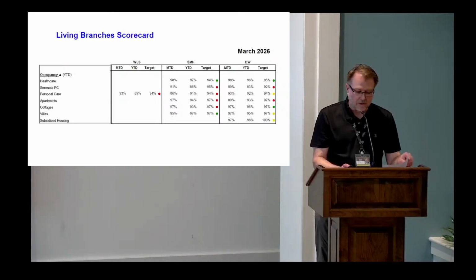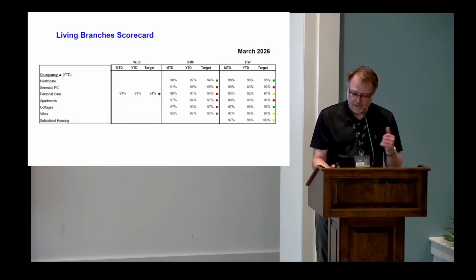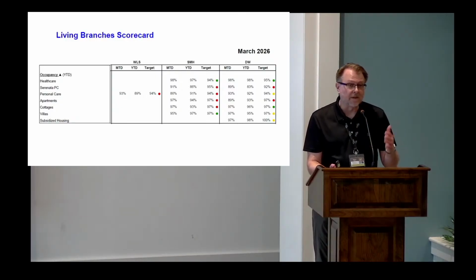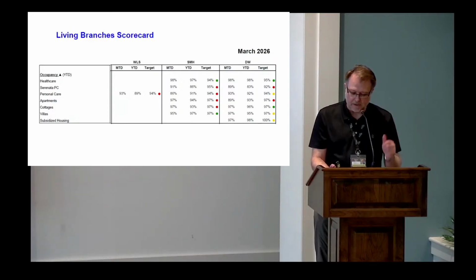On the scorecard here, as you know, if you've heard me before, occupancy is the number one thing we pay attention to from a revenue standpoint. And so we look at this regularly. I'll just note the healthcare centers at Dock and Souderton are at a good green target, and that's been positive. You can see here in Serenata PC, both at Souderton and at Dock, we were under our target in occupancy. Now it was improving, and it continued to improve in April, and that's been positive. But that's where we saw some of that vacancy loss. We still have some challenges here at Souderton Personal Care, where we're not as full as we would like to be.